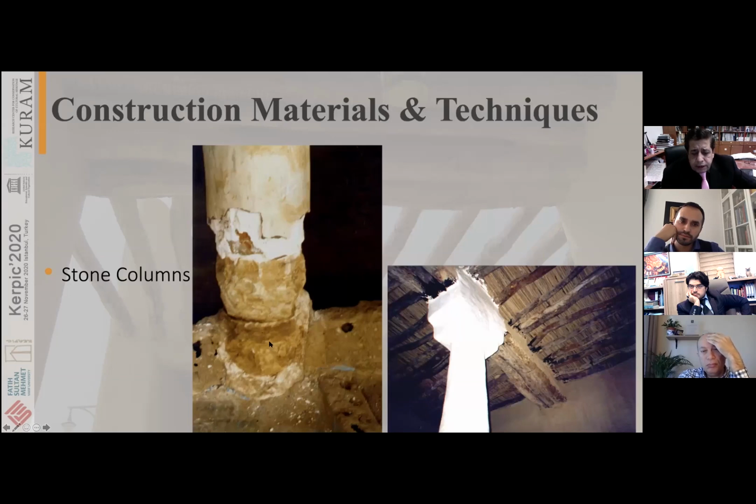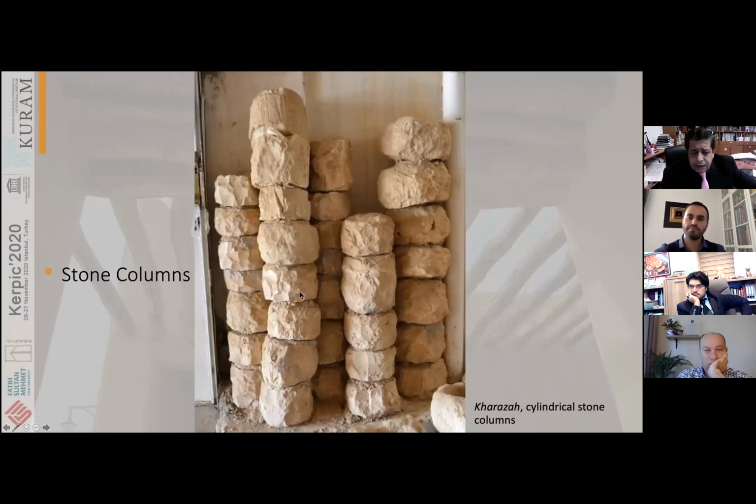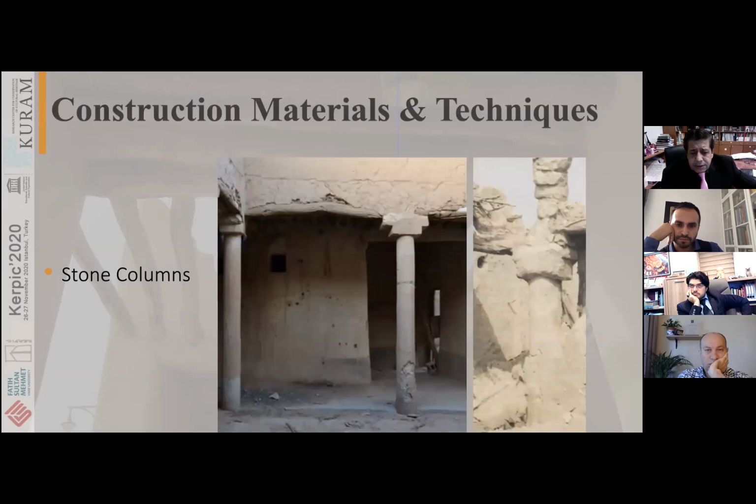Walls and columns are made out of stones, like balls or cylinders of stones placed on top of each other to form columns. These are the columns. It's called kharaza, just because they are cylindrical stone columns, and they are brought from the surrounding hills and mountains. They are mostly from limestone, and they are used for roofing and for columns inside the spaces or in the arcades,